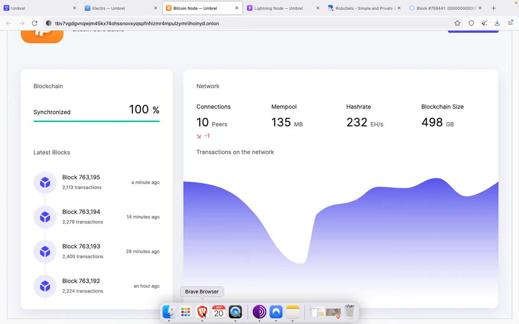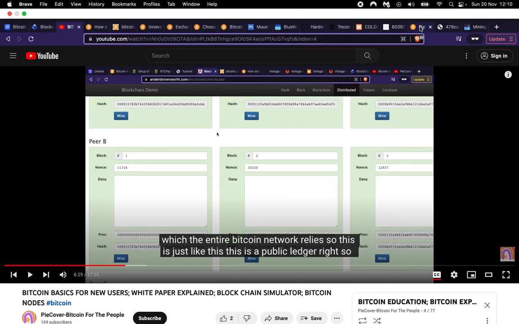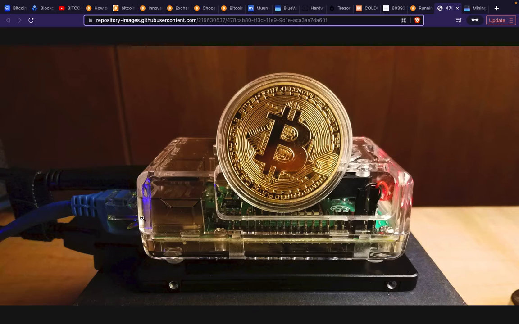This is just the interface on the computer. You can visualize it, but the node is physical. It's like a small device. It looks like that, right? You connect it to your internet connection with an Ethernet cable, and then there's a hard disk in the bottom, and a Raspberry Pi sitting on top, and then you have a memory card inside it, and that's it. The node is verifying transactions and securing the network.